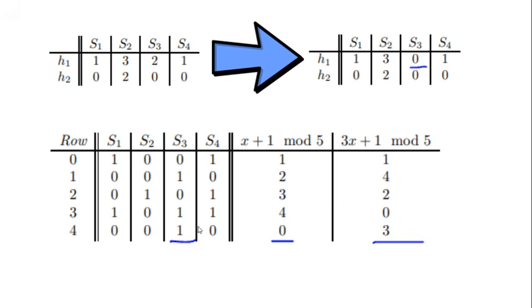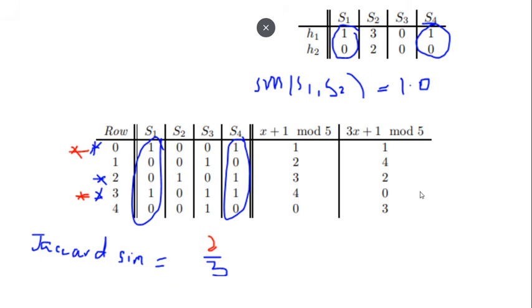And for the last row, we can see that S3 can be updated with the values of 0 and 3. So 2 and 0, we're going to check if 0 is less than 2. Yes, it is. So we can replace that up. Is the H2 value 3 greater, replaceable with 0? No, it can't be replaced because 3 is obviously greater than 0. That's why we can't replace that up. And so, we repeated all this process, and our final resultant signature matrix is this one.